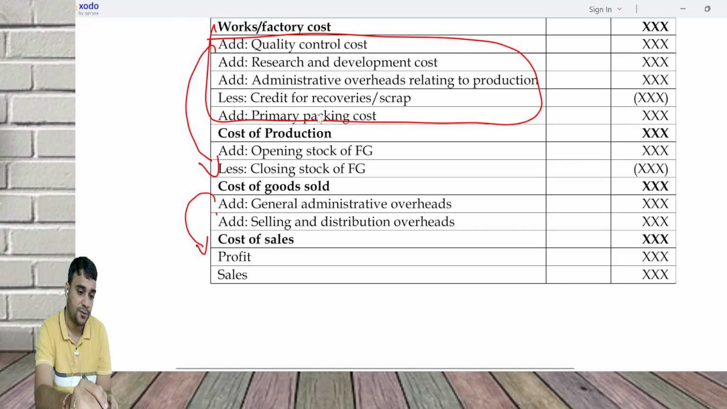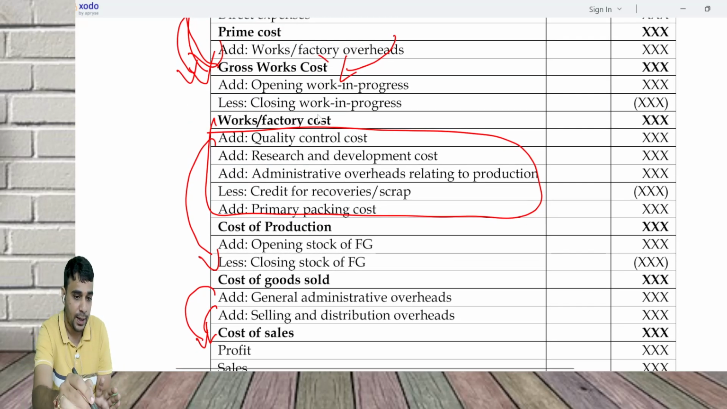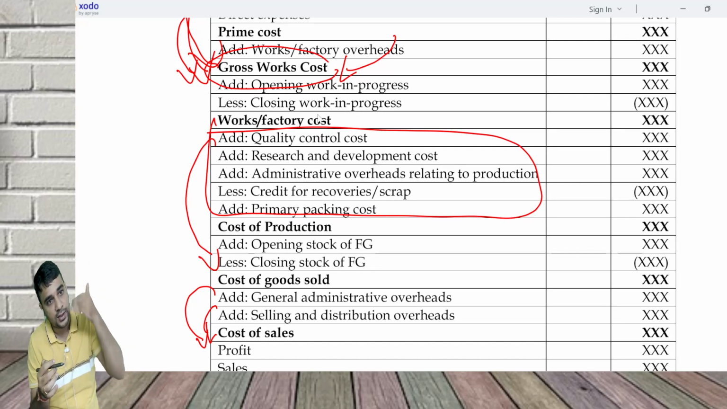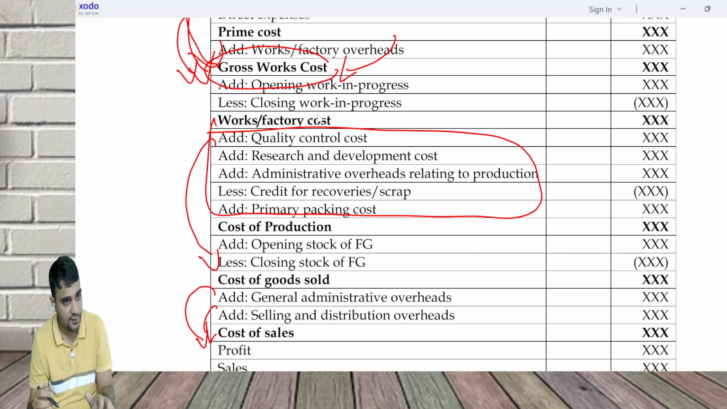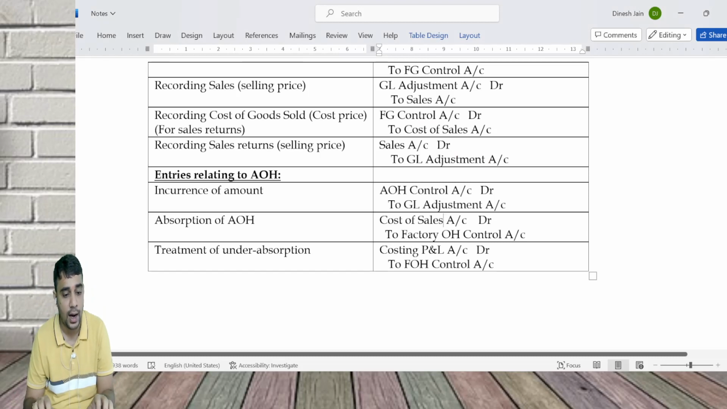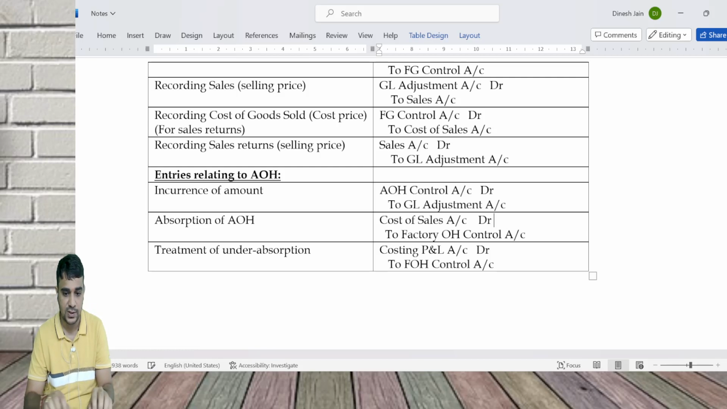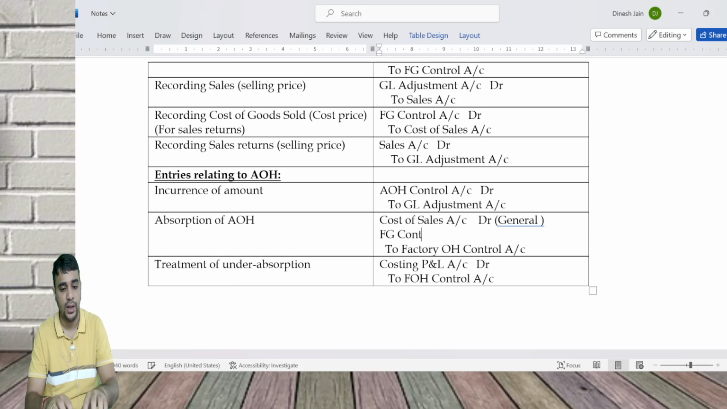These 2 items will be shifted to cost of sales, and what has happened is your WIP, which is this gross works cost or net works cost, from WIP you shifted this to FG. From FG we have shifted this to cost of sales. So this entry is administrative overhead will go to cost of sales. Wait for some time. This is for general overhead. It can also go to FG control account if it is AOH